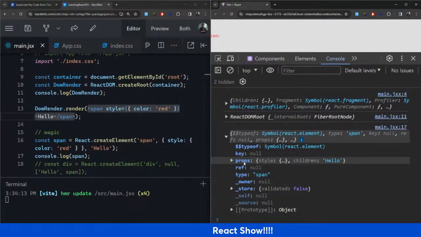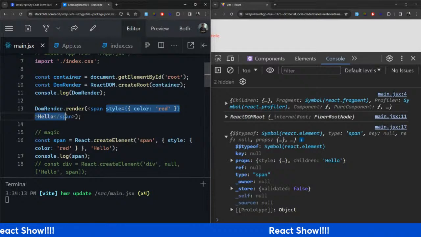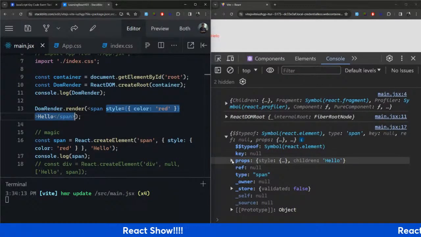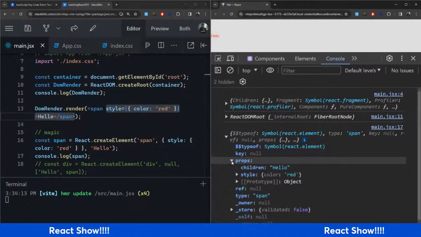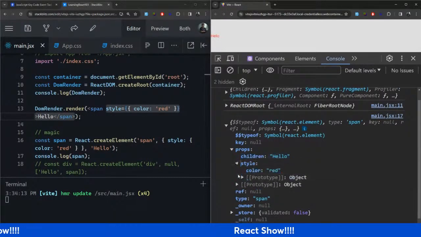The whole thing that we call props here, you can see that they are attributes of this span. And React keeps it inside of something we call props. So there are two major categories of props right there. You have the main thing, which is the children, something that will be showing for our user to see. Or you have